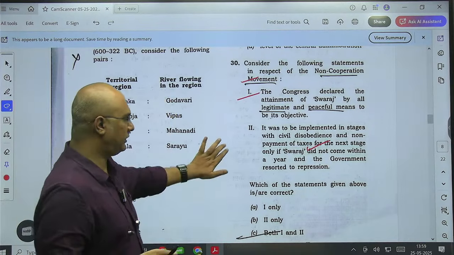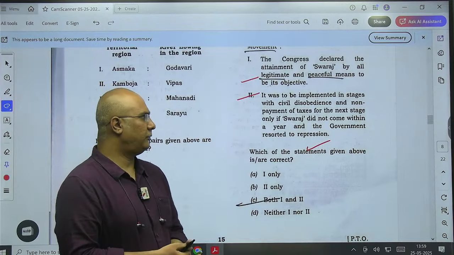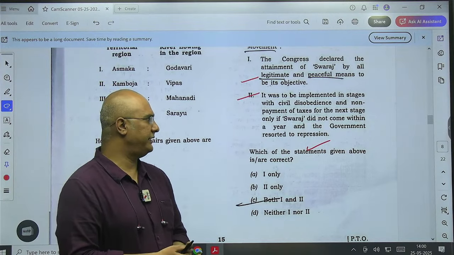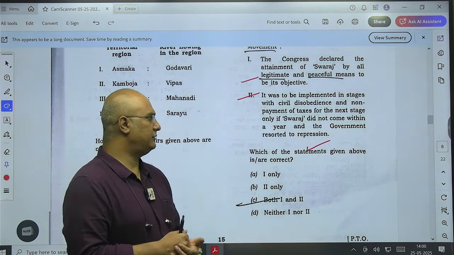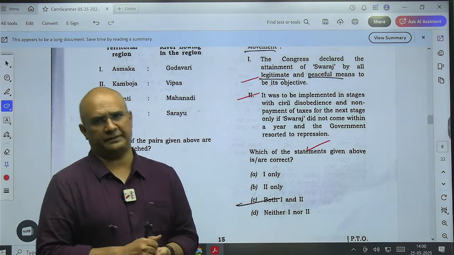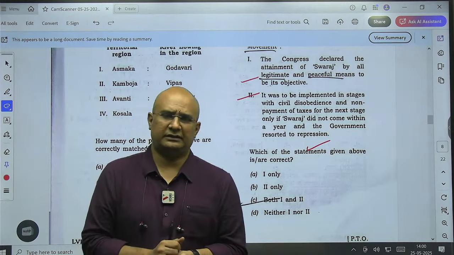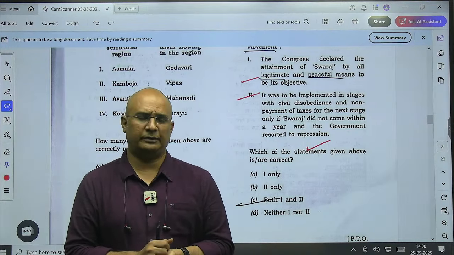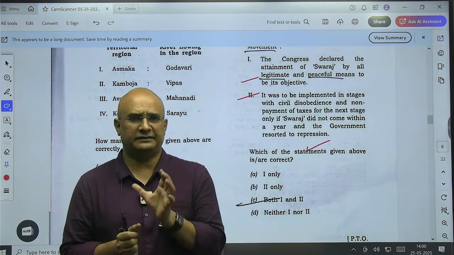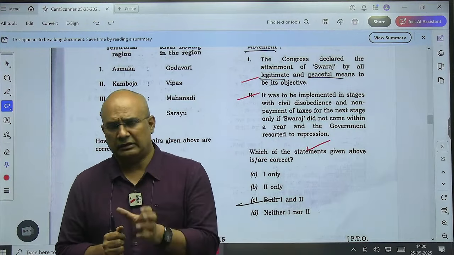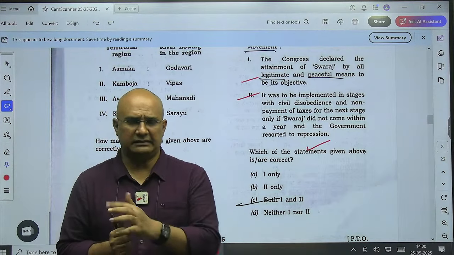And statement 2 is also correct if you look at it properly. It was to be implemented in stages with civil disobedience and non-payment of taxes for the next stage, only if Swaraj did not come within a year and the government resorted to repression. Now, even before the movement started, Gandhi was very clear in his mind that this movement is going to have 2 phases. One is a non-cooperation phase, and if this doesn't work, if the government doesn't accept and grant Swaraj to